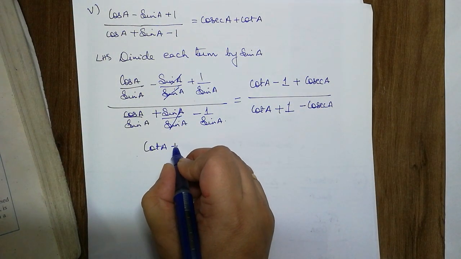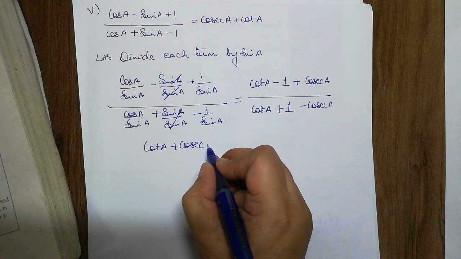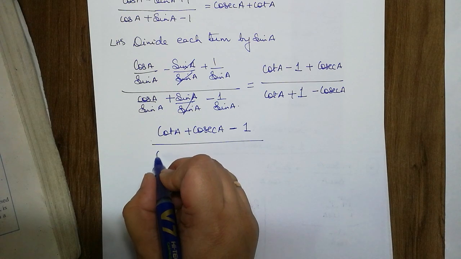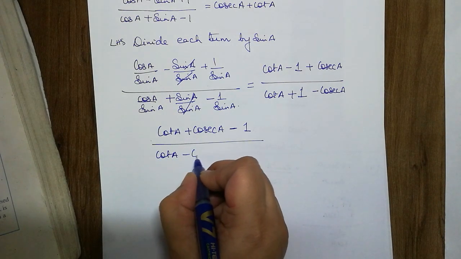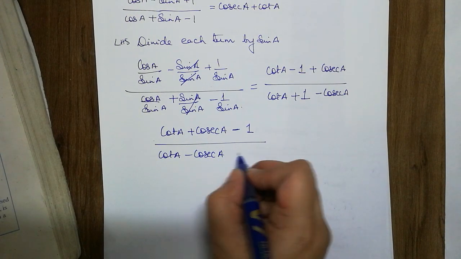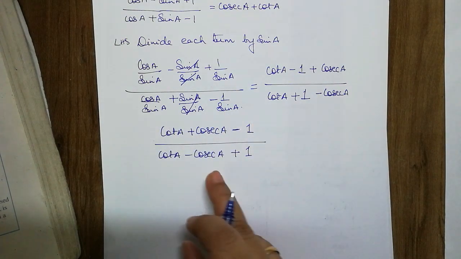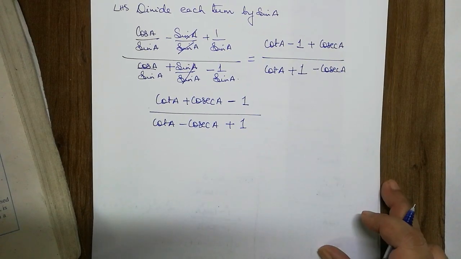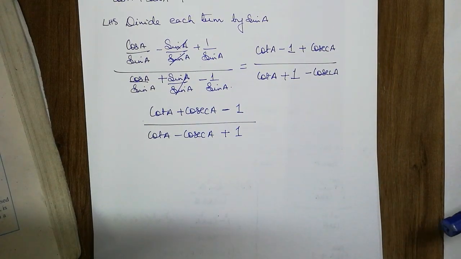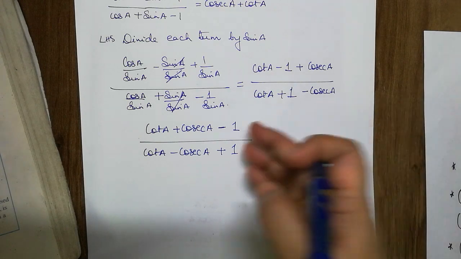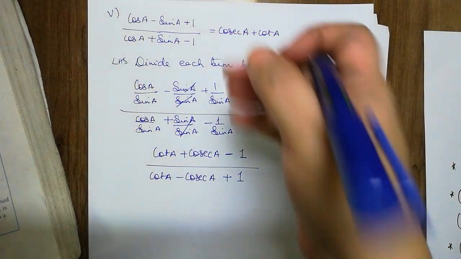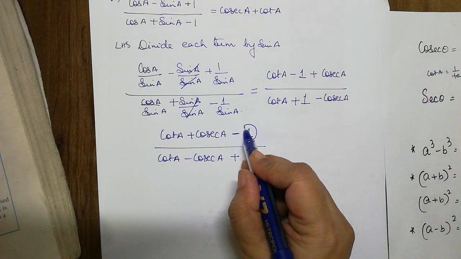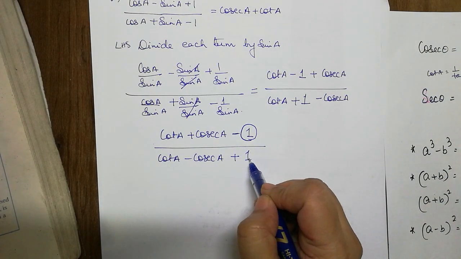Cot A plus cosec A minus 1 divided by cot A minus cosec A plus 1. Remember, no terms get cancelled. They are connected with plus or minus sign. Now again we have a problem here. There are no squares. Again, if we bring this to sine and cos, we come back to this question. So what we will do here, for this one or this one, any one, here